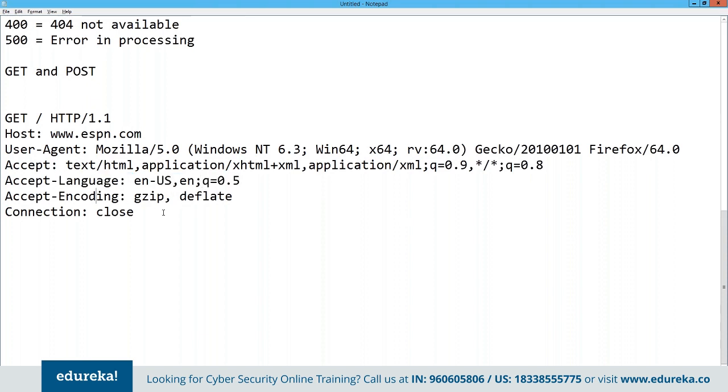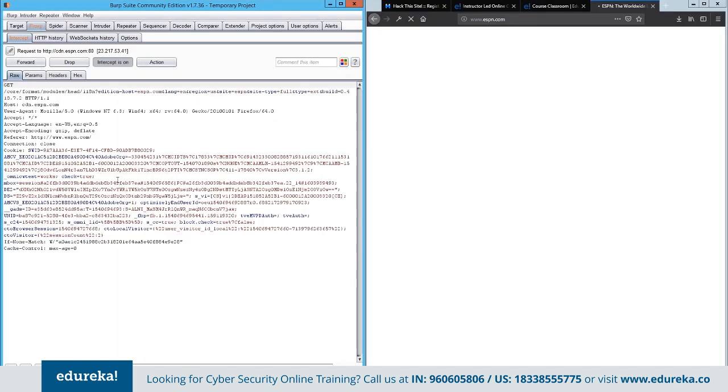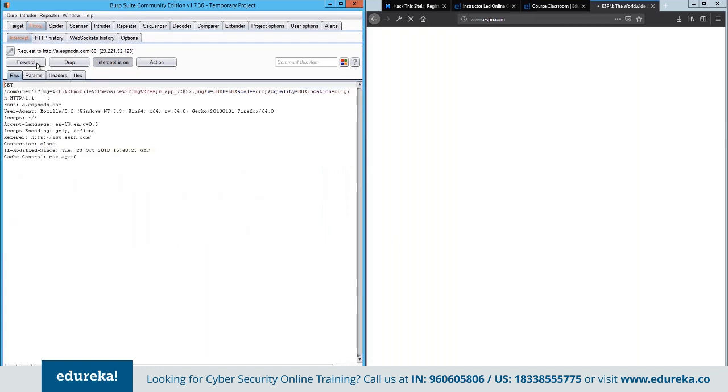What are the encodings available? What is the type of the connection? When I click on forward, the next information passes through. There was a valid cookie set. This is the cookie ID. So when I forward again,